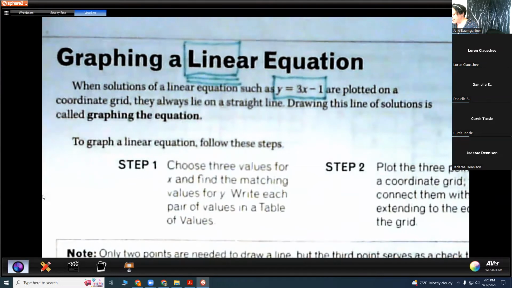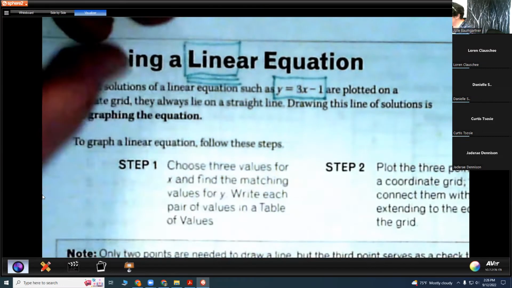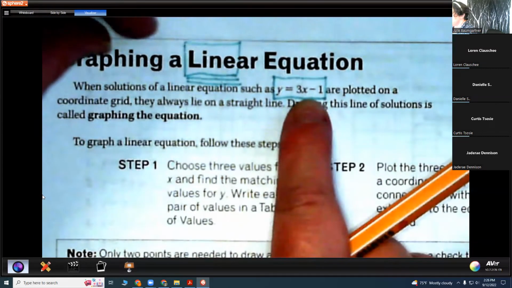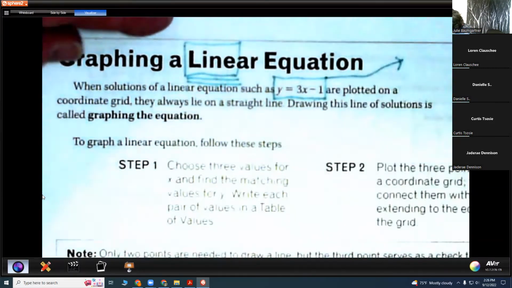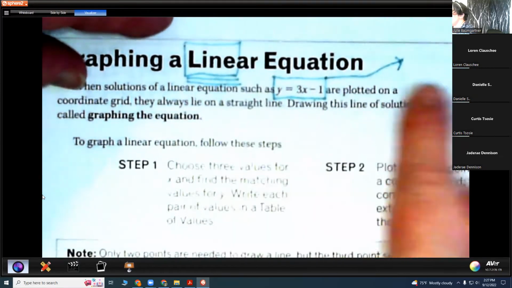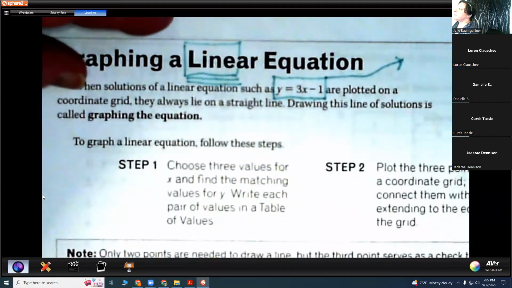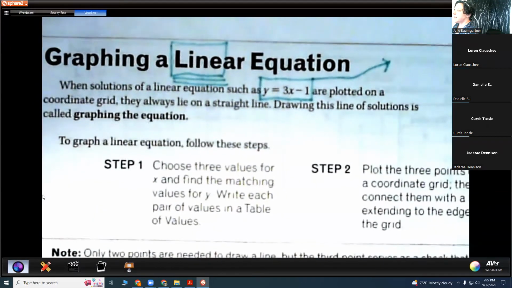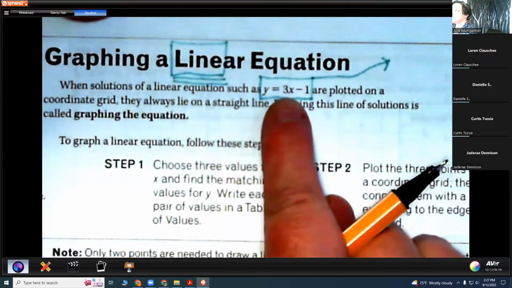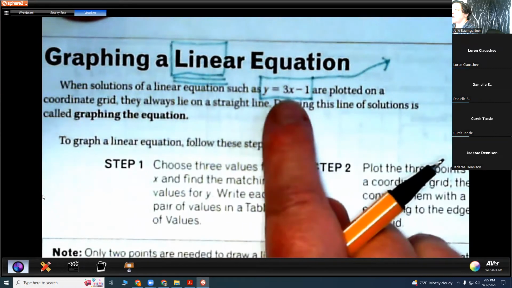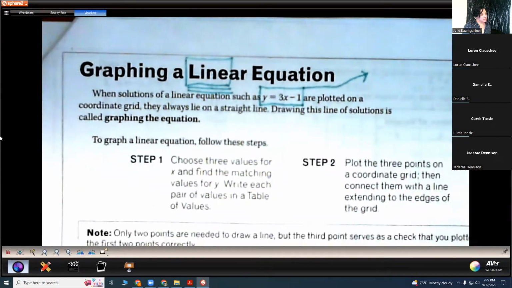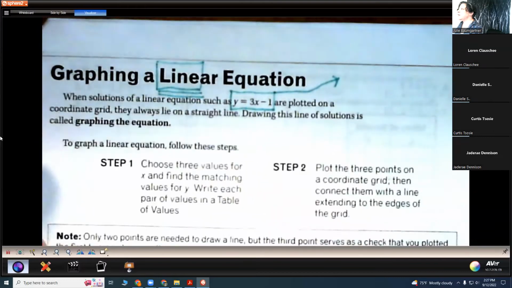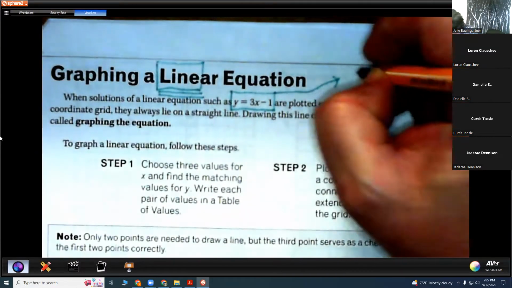The other important thing to notice about this is that it has a special name. When we talk about linear equations, there are a couple of different forms they can take. This is the most famous and the most common form that we'll see. I know I'm building up a lot of attention here. And so we call this